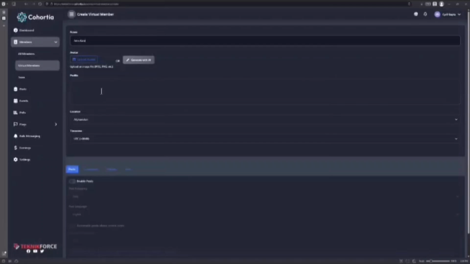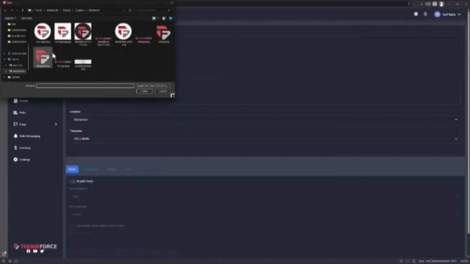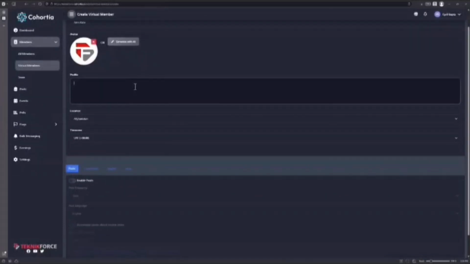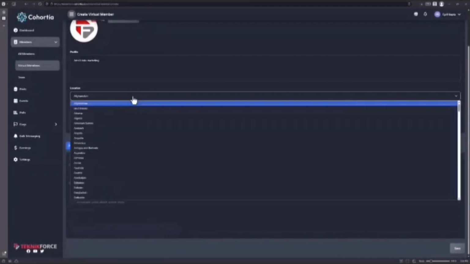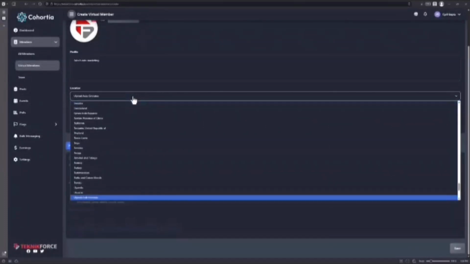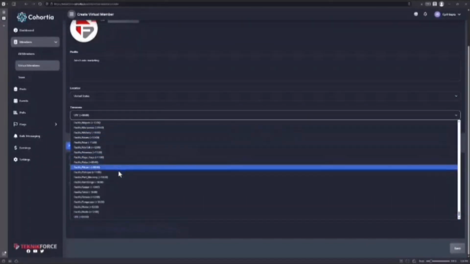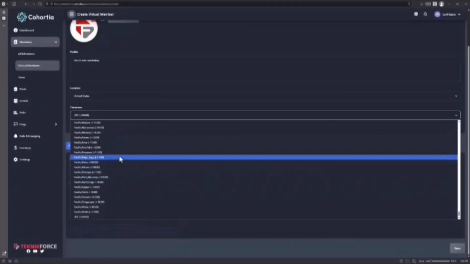very weird name. You can select an avatar for them. I'm just gonna choose this one for now. Of course, you can put in anything you want. Put in a logo, John's into marketing, and you can select the location like United States, and the time zone. If you want to set a specific time zone, you can. I'm just setting something